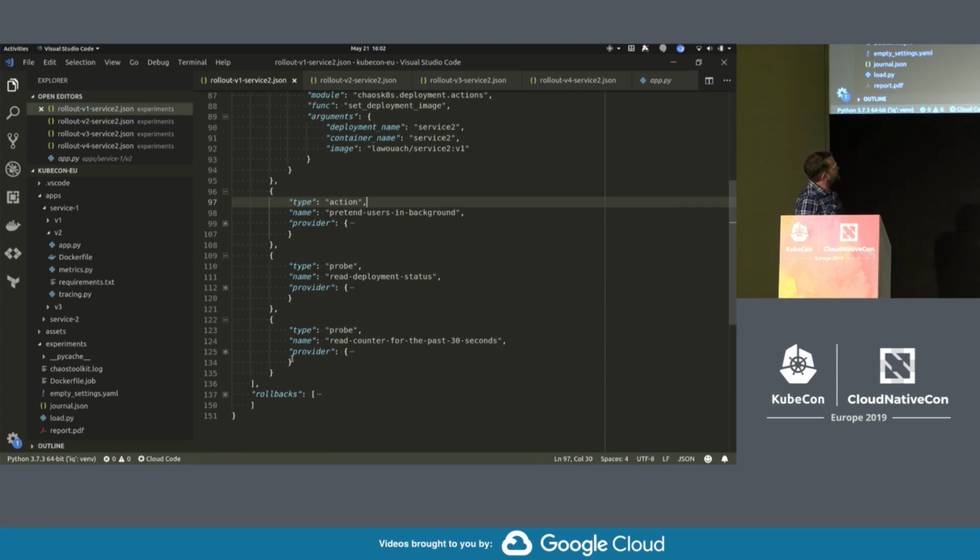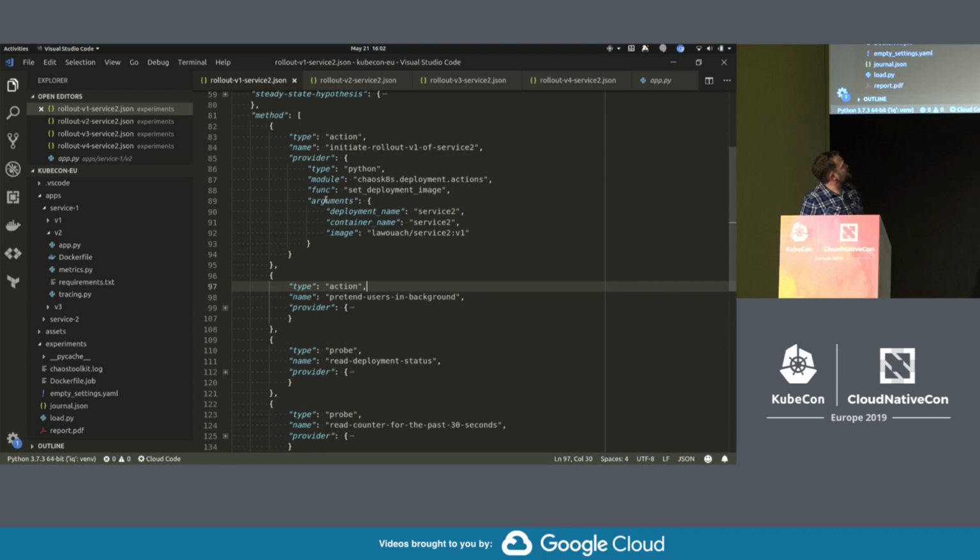So we do that, and it doesn't really matter how that looks. Basically, it's always the same idea. Either you run a Python function, or you run a process, or you run an HTTP endpoint. It doesn't really matter. Suffice to say, you run that sequentially, and you look at what happens.